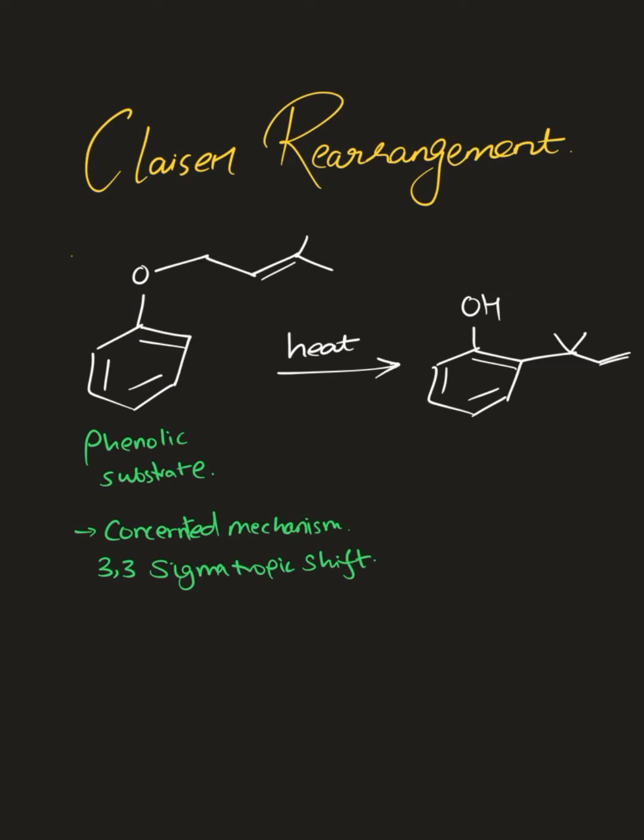Only identify the phenolic substrate and label the oxygen. This is a phenolic substrate and we will label it as 1 for the oxygen, and this carbon is also 1, and this will be the 2 and 3, and coming down this will be the second carbon and this will be the third carbon. So we'll move towards the mechanism step.